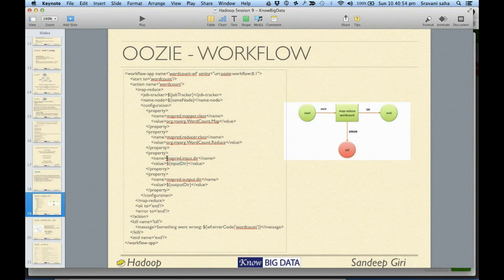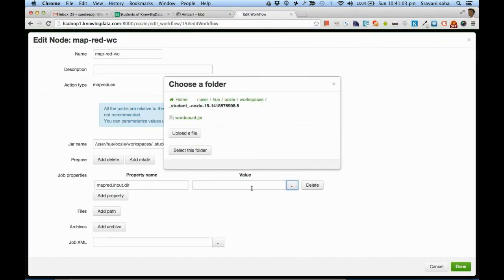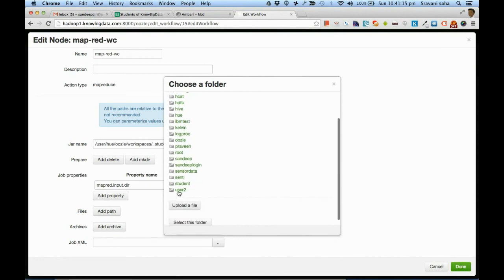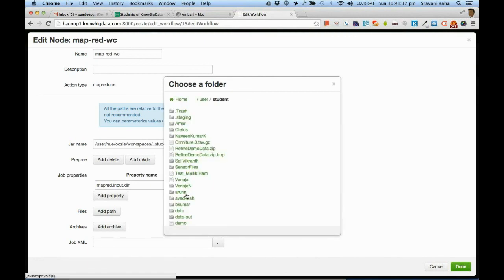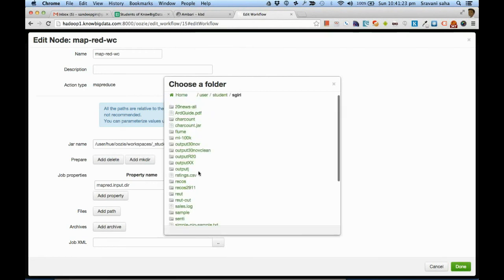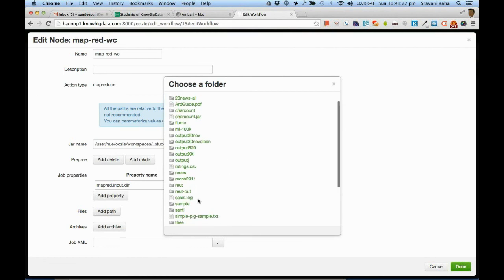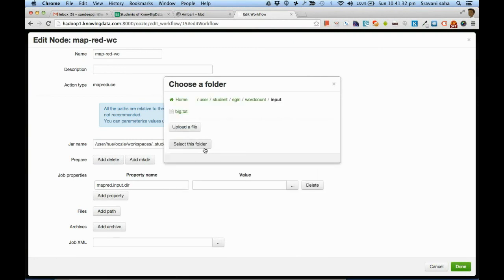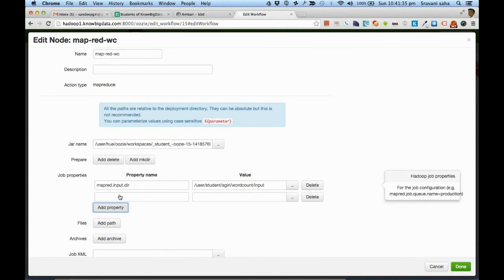Here the property could be this one, input directory, with the value user student as Giri, and so on. Yeah, input, and select this folder. Okay, this is my input directory,